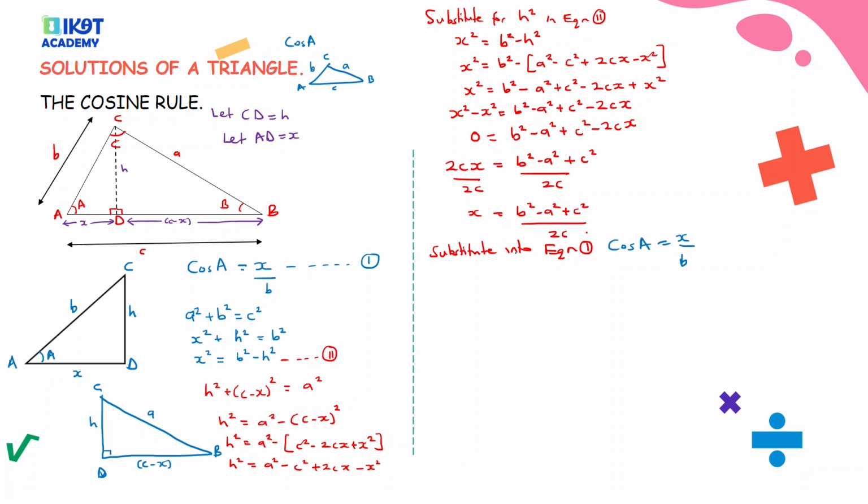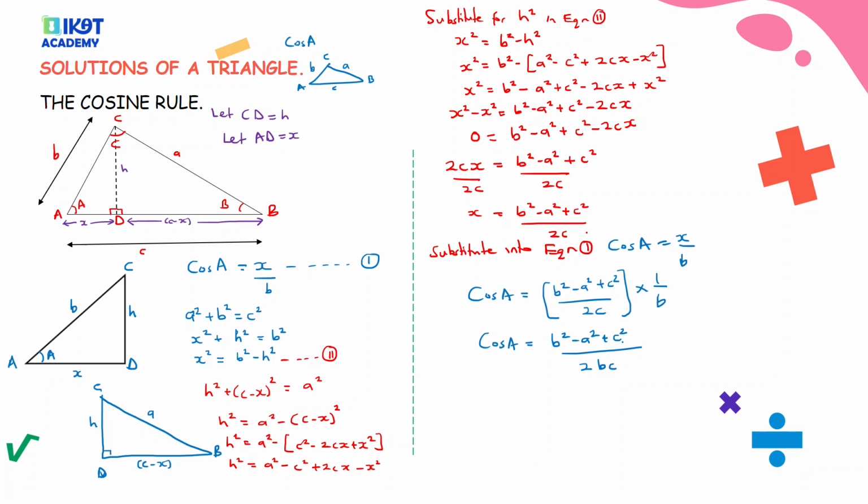So this is our x, that's what we have. We're going to have cos A is going to be equals to what is our x? Our x is b squared minus a squared plus c squared out of 2c divide by b. But of course, when you have to divide by b, you get the reciprocal, so it's times 1 out of b. So we have cos A is equals to b squared minus a squared plus c squared out of